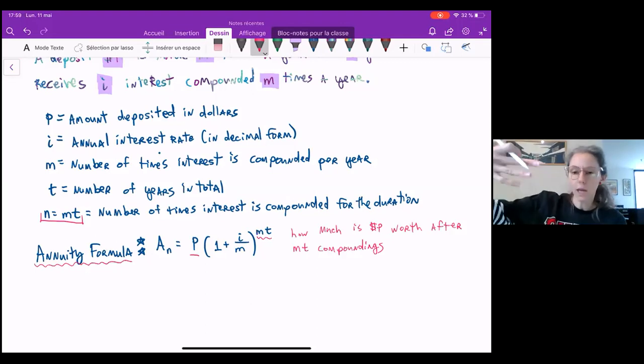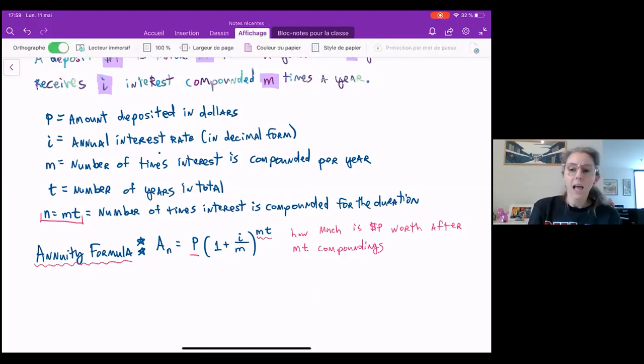And then put that to the power of however many times you're compounding it. That's going to give you how much that money is worth after MT compoundings. All right, let's take a second now and make this a little bit more concrete, because